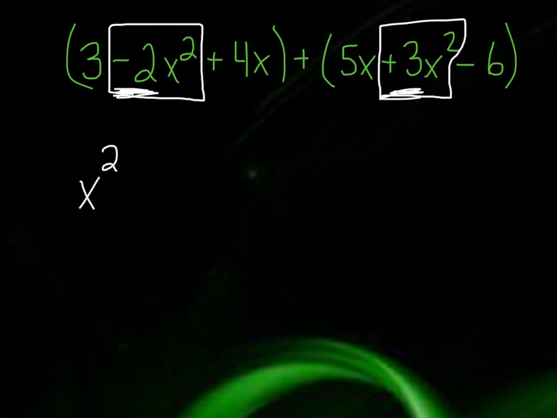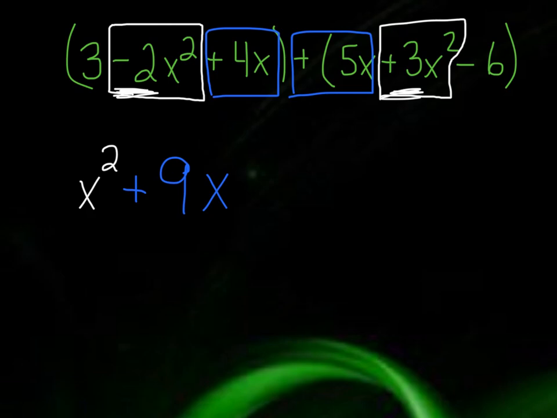Next, I'm going to look at our x terms. I have a plus 4x here and a plus 5x right beside it. That's an easy one. We would get 9x. And finally,